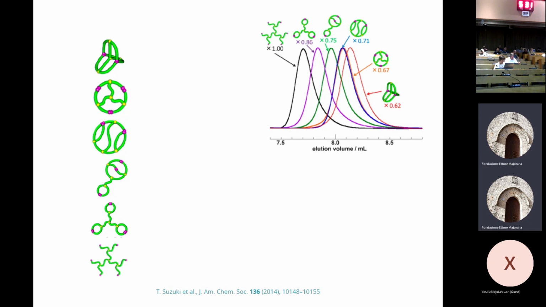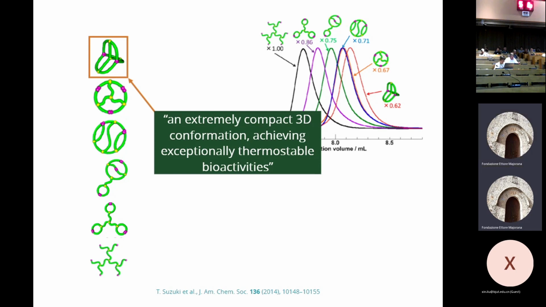But if you run it through this fractionation, the size exclusion chromatography, they have different, what's called elution volumes. So if you normalize so that the tree has elution volume 1, then this K33 is down to like 0.62. And they said, when they saw how small this is, they're like, this is really compact, exceptionally thermostable. So you can imagine that could be important if you're trying to do things like drug delivery or whatever. You want things that are exceptionally thermostable.